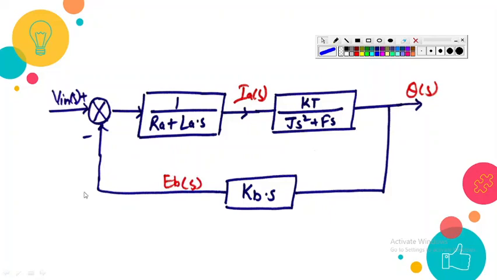Okay, this EB was the second input, and then we multiplied it with this constant gain, and we got IS. Then we established the relation between IA and theta s. So I multiplied IA by this constant gain value, and then we got theta s. We established that if I multiply theta s with KBS, that will be equal to EBS, and EBS is required as the second input to my summation point.